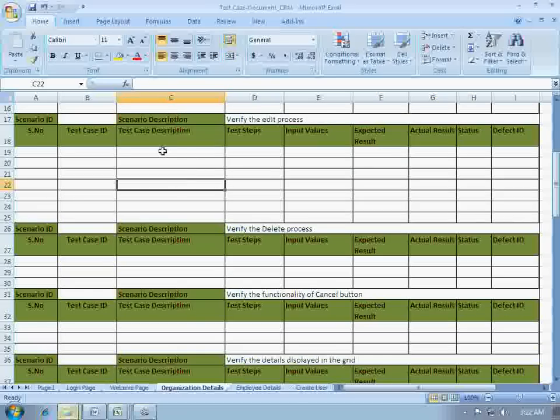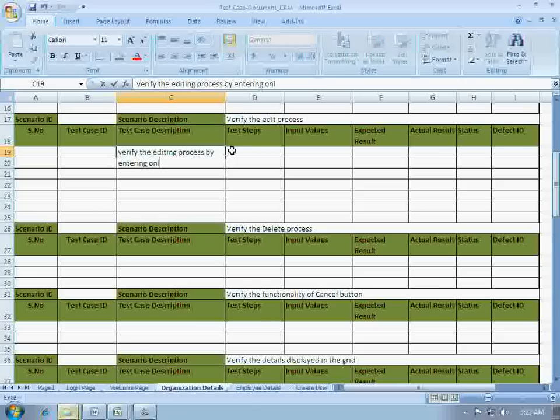So the test case for the editing process would be: verify the editing process by editing only the mandatory fields.